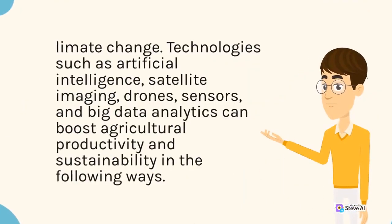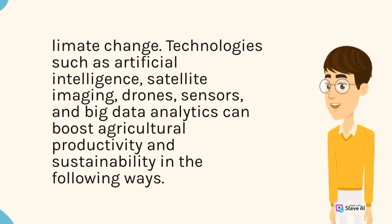climate change. Technologies such as artificial intelligence, satellite imaging, drones,